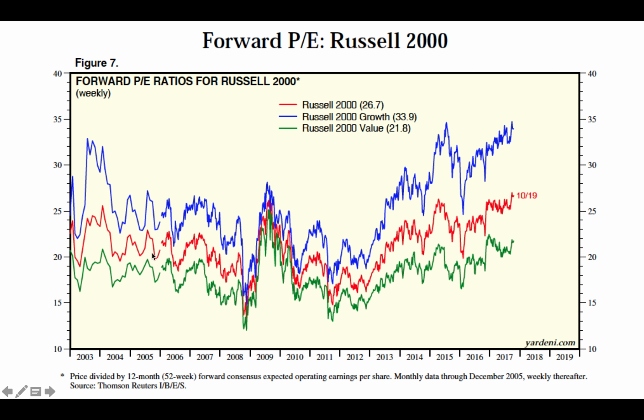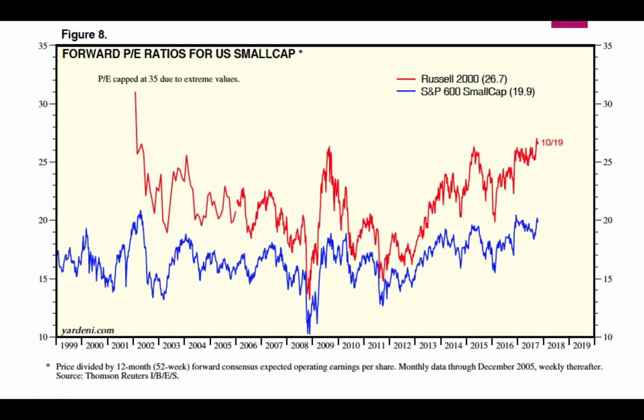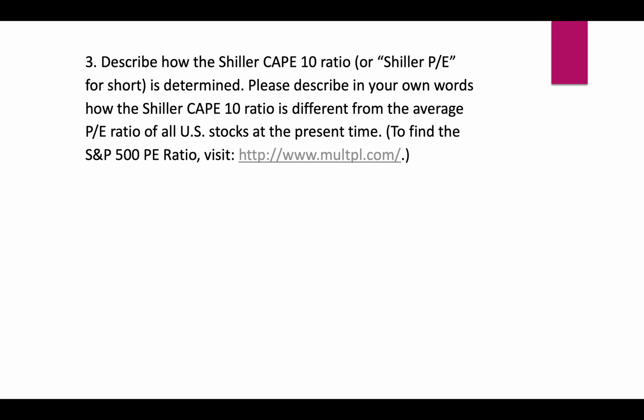Typically the ratios go up and down together, but growth stocks have a higher PE ratio than the overall balanced or core, which has a higher PE ratio than value stocks do, as we've studied in the past. Here are the forward PE ratios for the Russell 2000 and also for another small cap index called the S&P 600. These indexes are comprised differently in terms of the number of stocks and what stocks fit within the small cap universe. What you can see is that the PE ratios are different because the indexes are constituted differently.